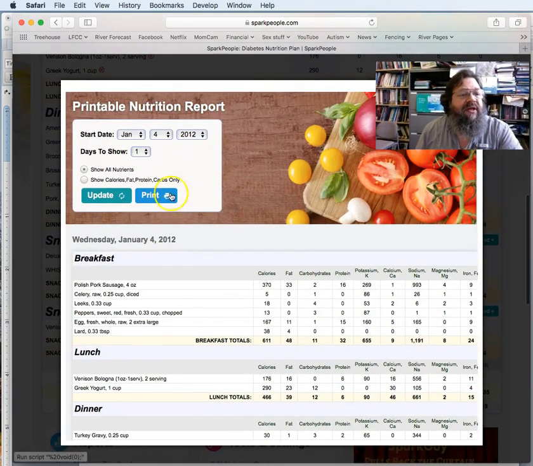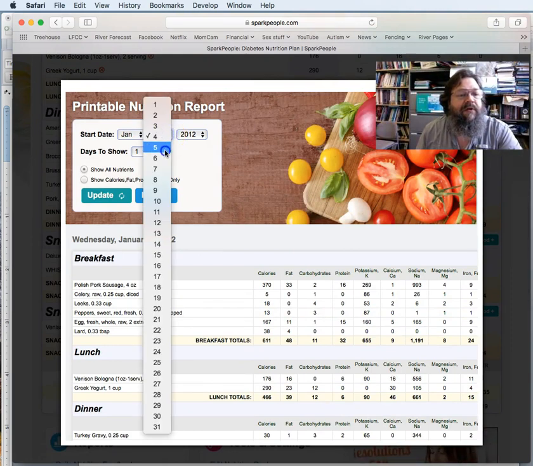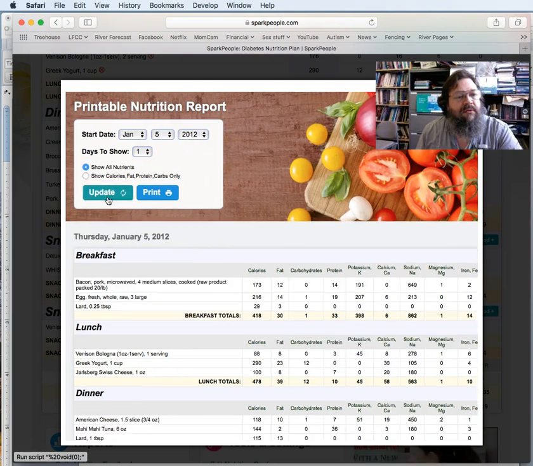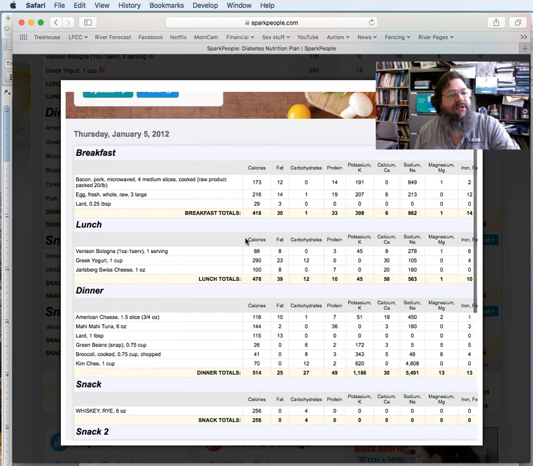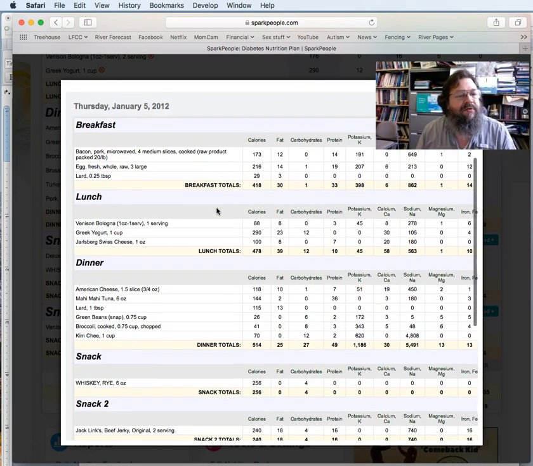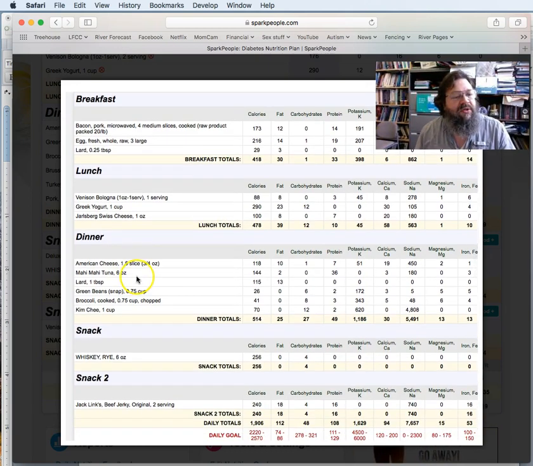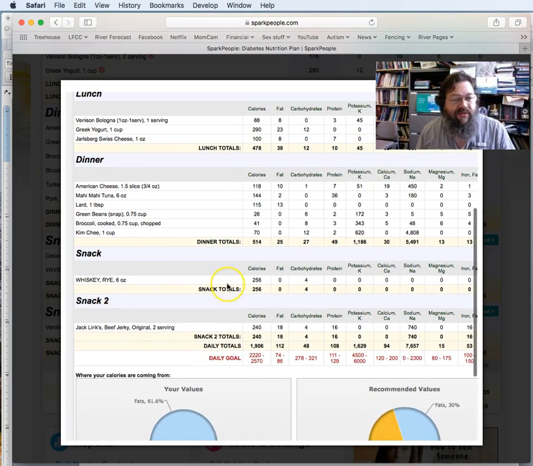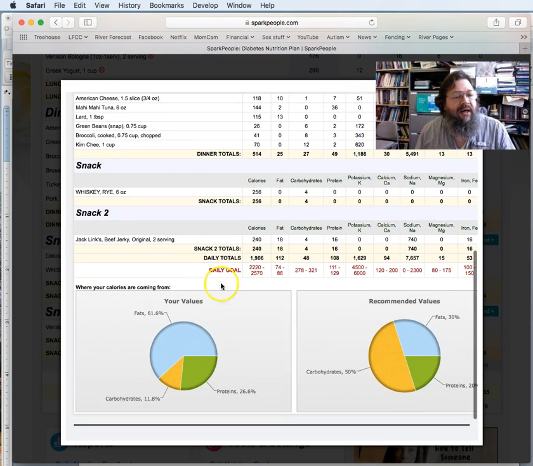Let me show you a different day on the 5th. And I'm still in this report. This day was bacon and eggs fried in lard for breakfast. I had some tuna and green beans and broccoli and kimchi, one of my favorite foods, for dinner. I also had some rye that day, and I had some beef jerky as a snack at one point. Notice